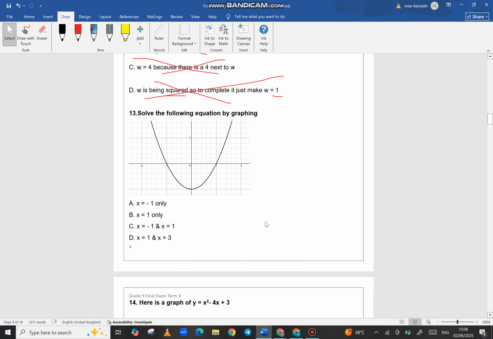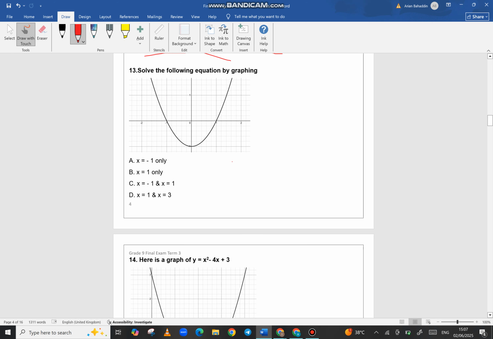Alright. Solve the following by graphing. I can see a root here. Now remember the word root. Those are the solutions. So solution is the same as